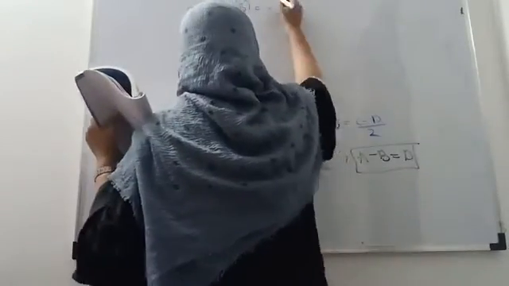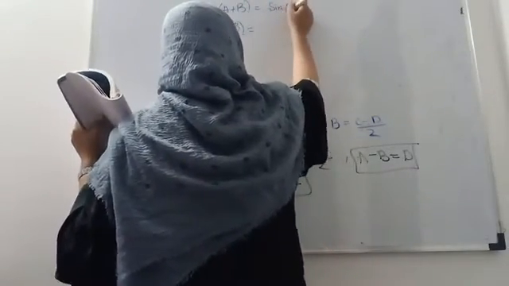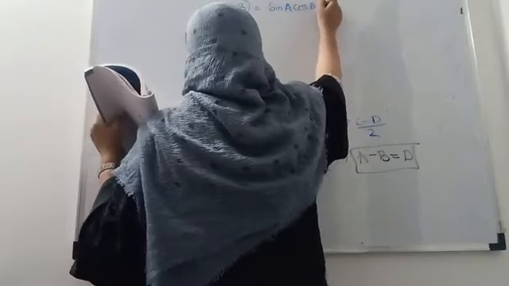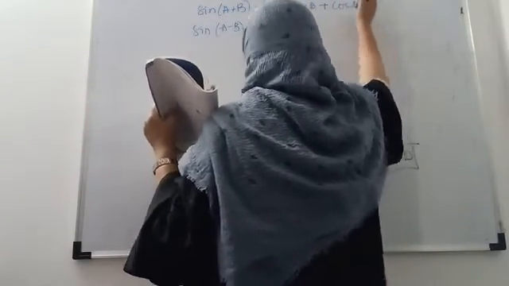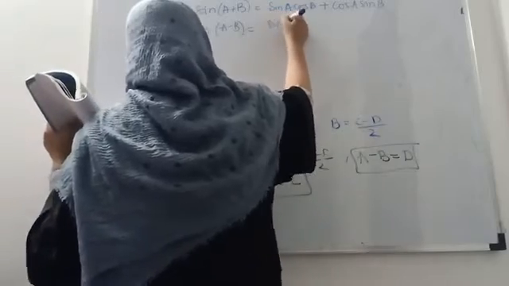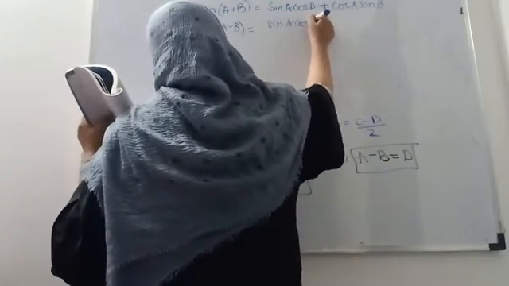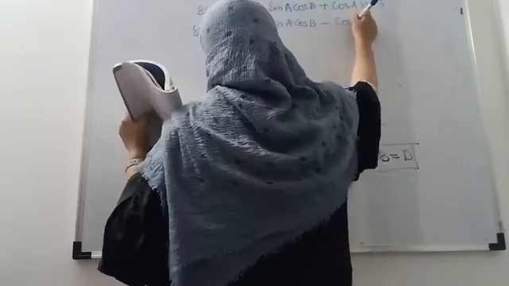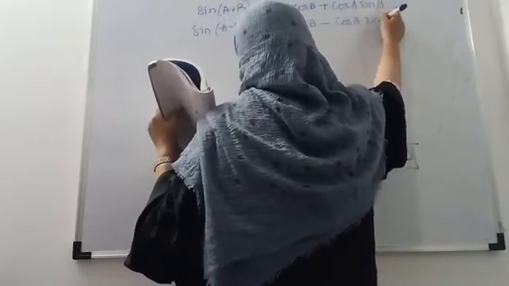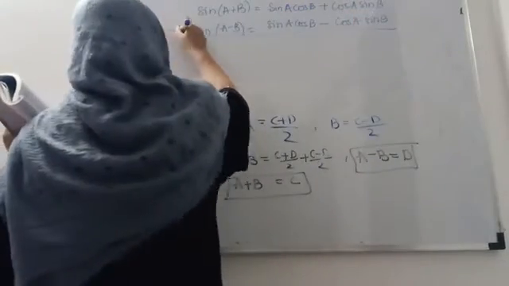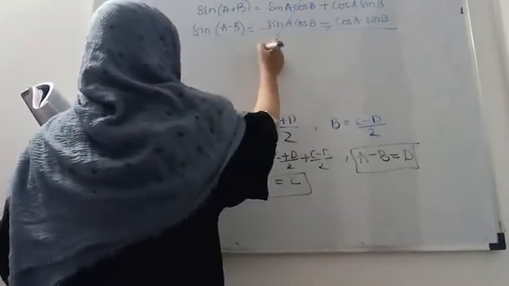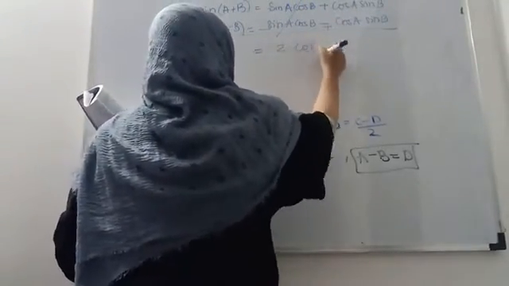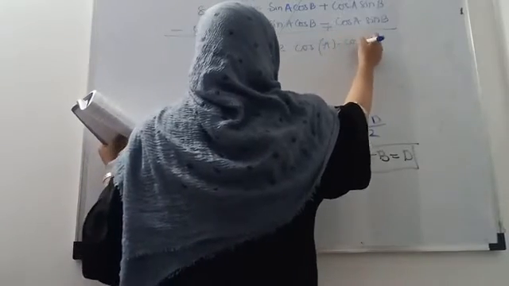So here it is sin A cos B plus cos A sin B, and here it is sin A cos B minus cos A into sin B. Do subtraction. So here the plus will remain, and this will get cancelled. So here 2 times cos A sin B,